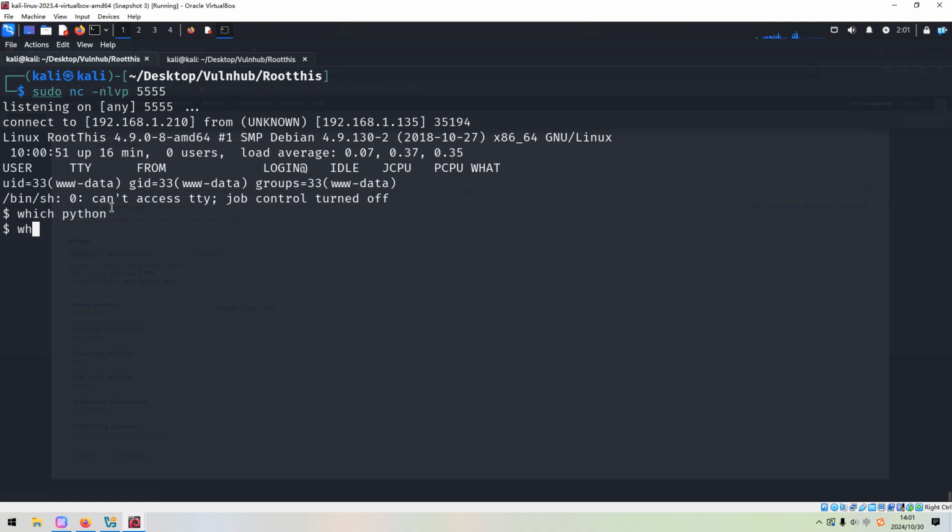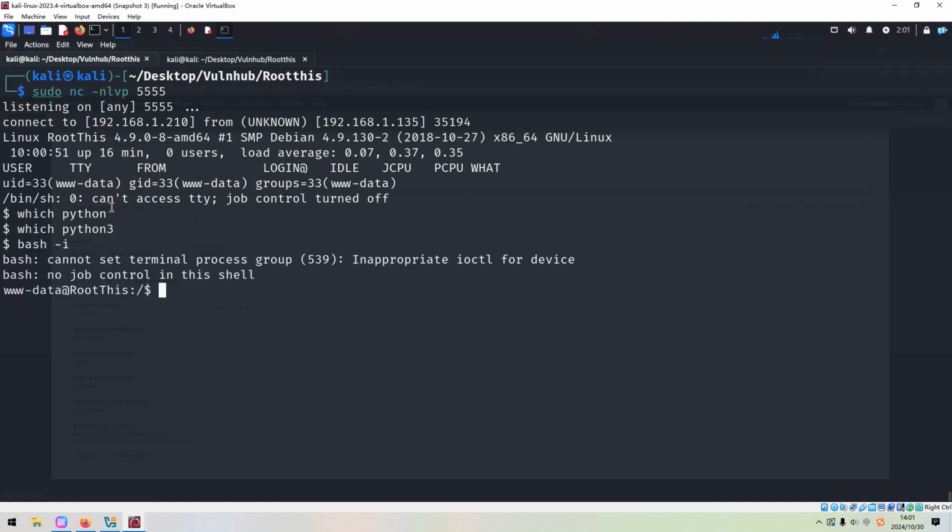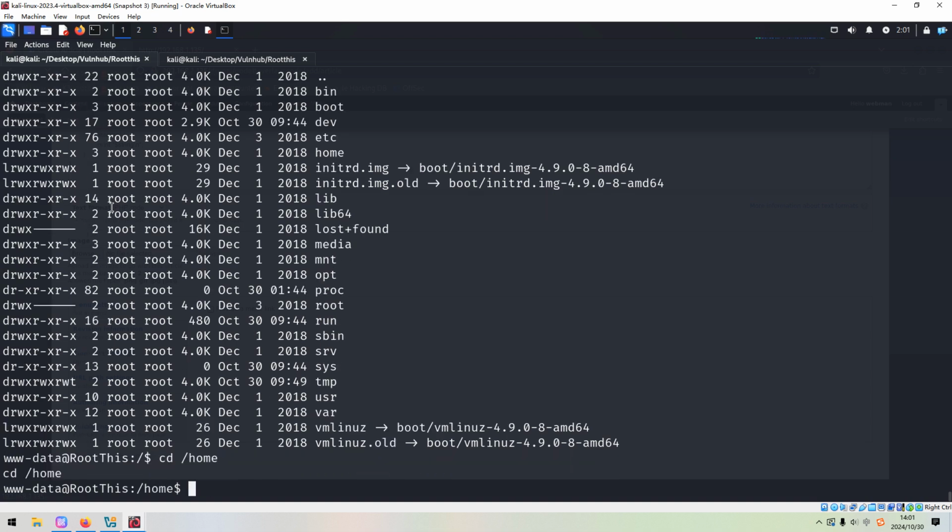However, Python 2 is not there. Both Python 2 and Python 3 are not there on the target. Very weird. Maybe we can use this command. And no. So next, what can we do next? We need to do the local enumeration to make privilege escalation, right? And we can go to the home. Before we go further, I'd like to export a TERM variable, so then we can clear the screen whenever necessary to get bigger space on the screen.